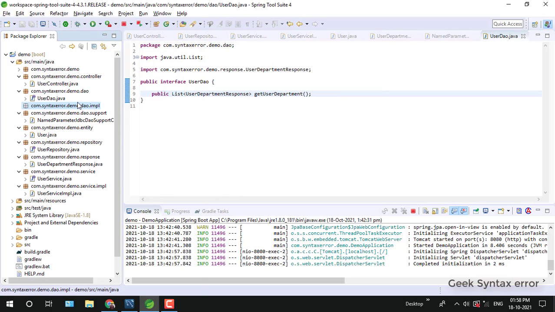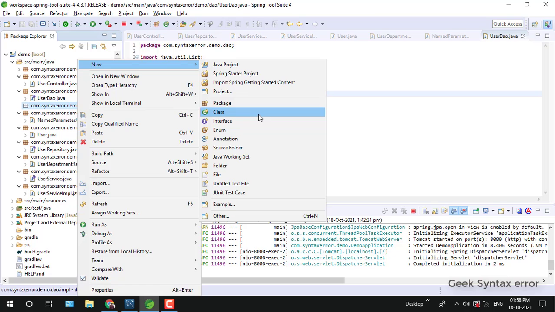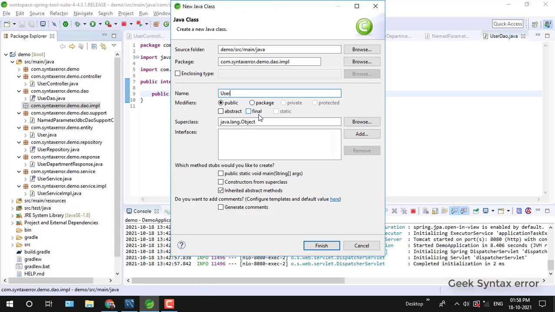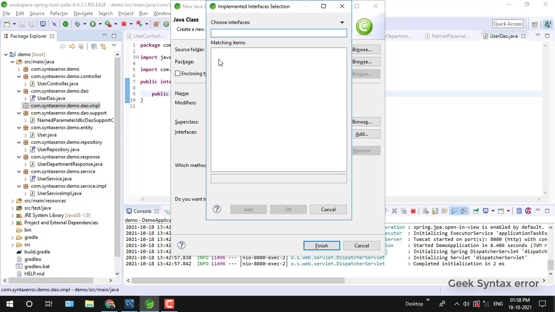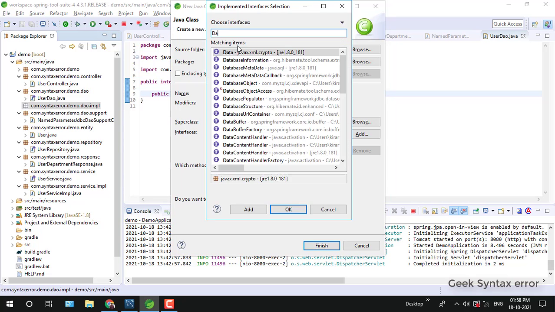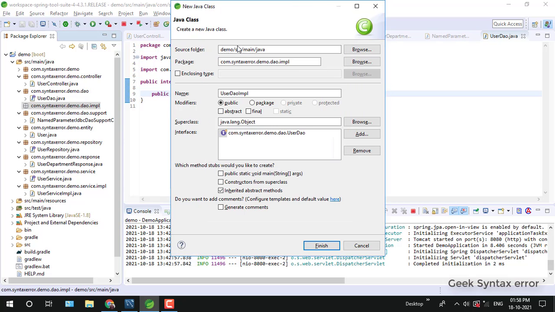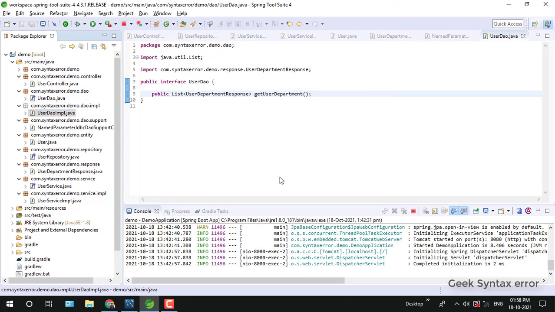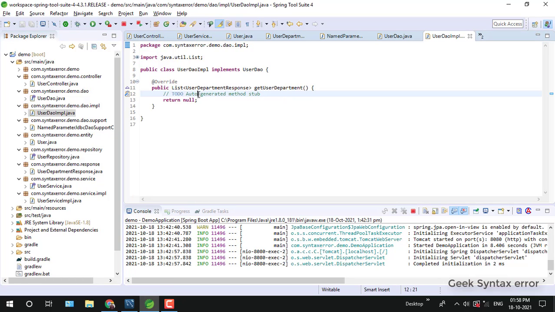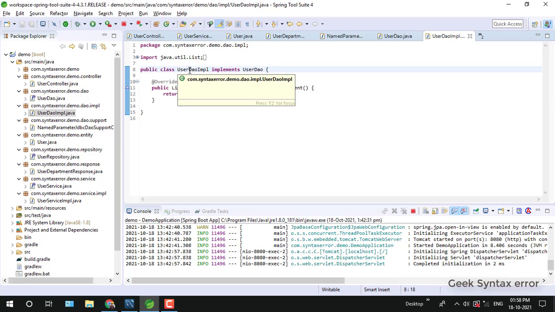Let's add a DAO implementation class and we'll give the body to it. So under dao.impl, in implementation, let's create a UserDaoImpl class. It should implement the UserDao interface. Okay, so now I've created a class called UserDaoImpl.